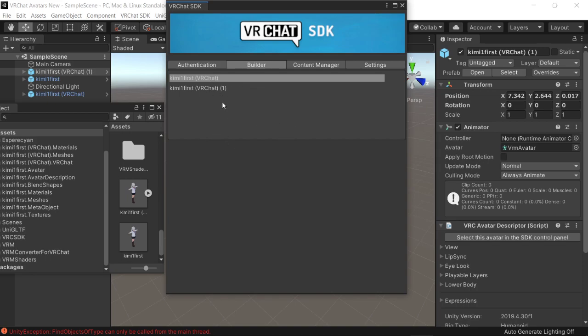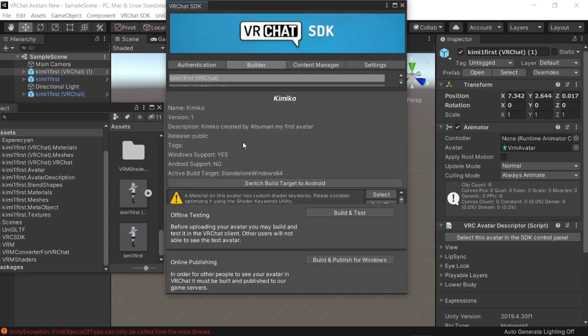You'll have the model that you just select over here. It'll show up on this end. It'll give you advisory information about if there's any concerns, anything like that. You can test it on your individual VRChat client, or you can upload if you're confident that everything that you have is working. And then if you click the build and publish here, I'm not going to do this because